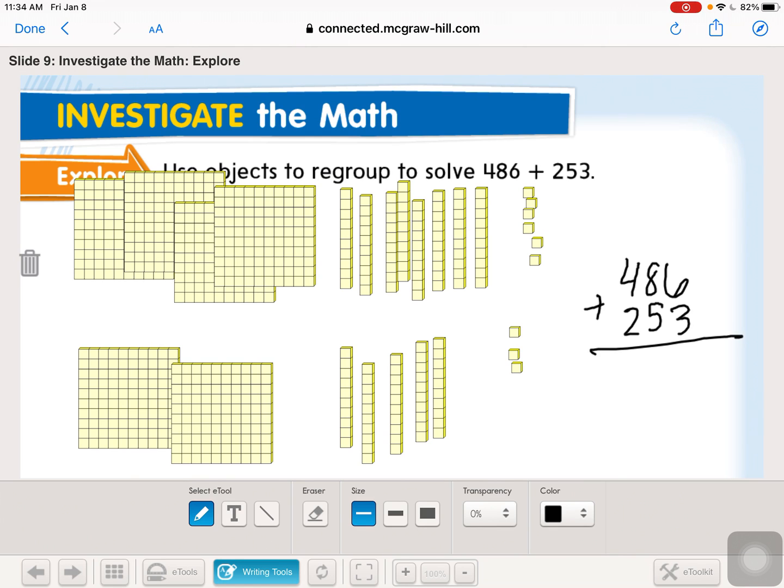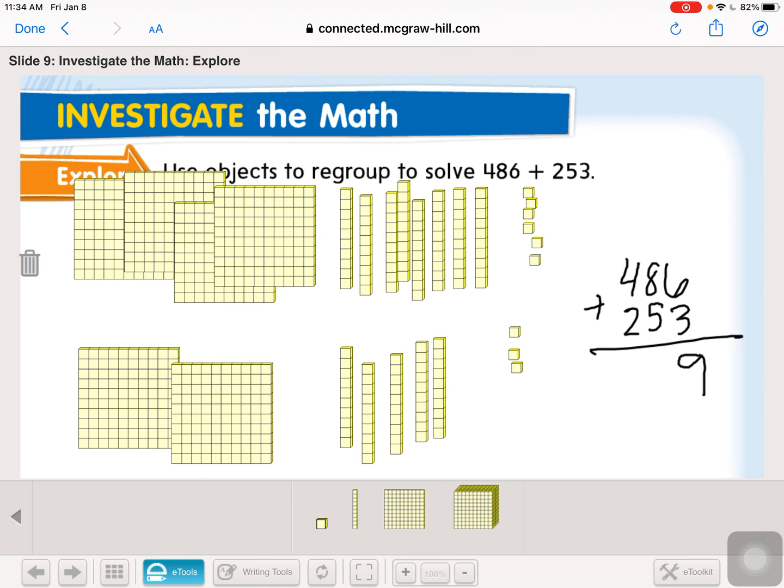So starting with the ones, we're going to add 6 ones plus 3 ones: 6, 7, 8, 9, less than 10, so I don't need to regroup. Now we're going to add up our tens. We have 8 tens plus 5 tens, so that equals 13 tens. So we've got to regroup because we can't put 13 down at the bottom there. So we have 8, 9, and 10, and then I can group these together. So I have 10 tens, but I can make them into